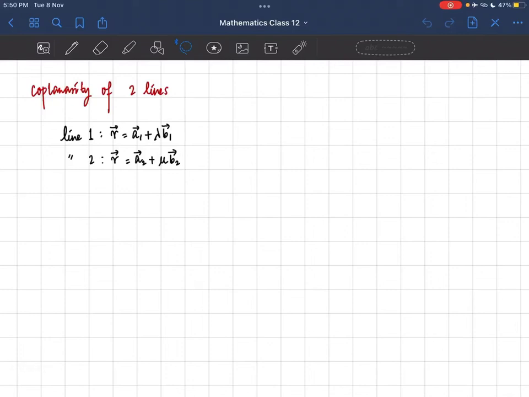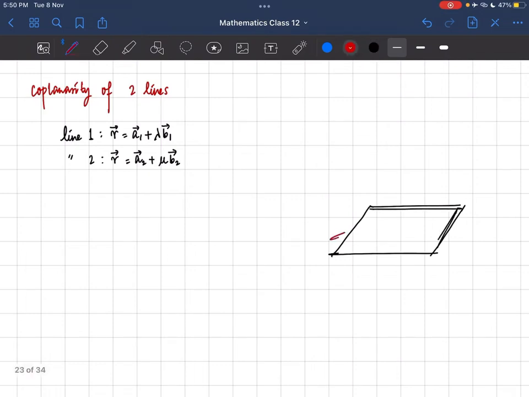So the topic we are about to discuss is coplanarity of two lines. Basically it means: what is the condition for two lines to be coplanar? They can lie in a single plane. So suppose we have a plane in here and we have two lines and they are lying on the same